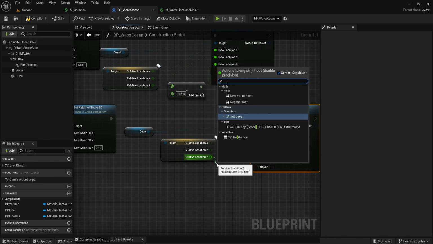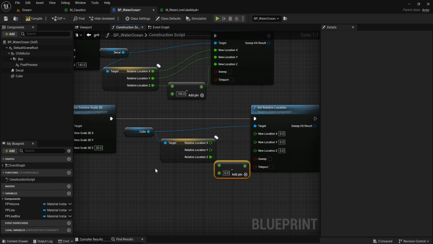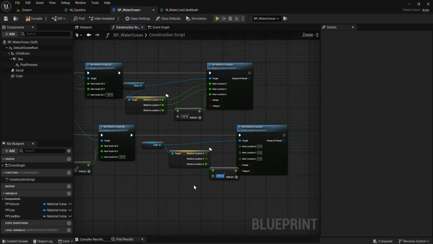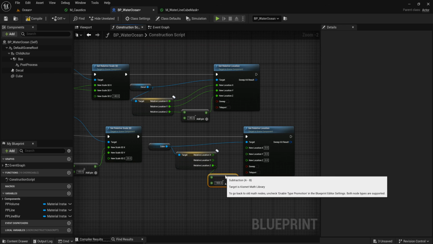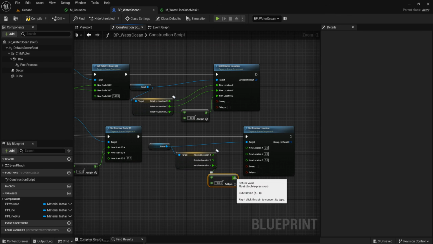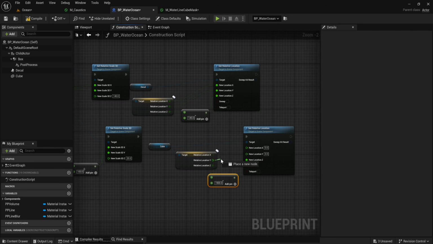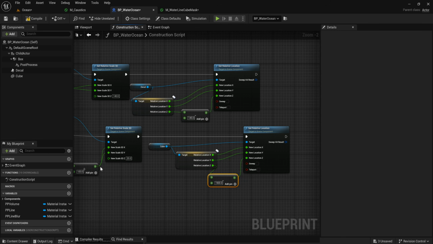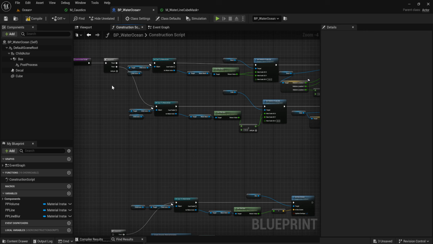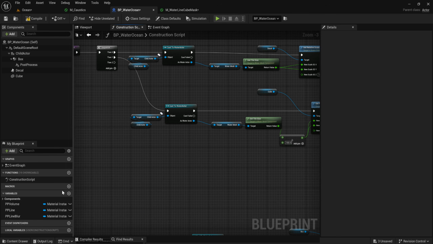Z subtract with 19 multiplied by 100. This is the scale, but I want to set the scale a little bit smaller and multiply by 100. Link to new location, X and Y. And we add another pin